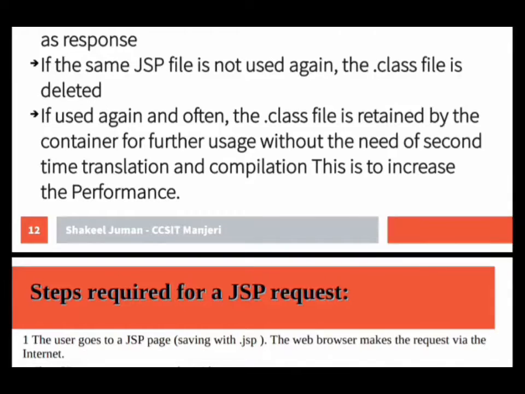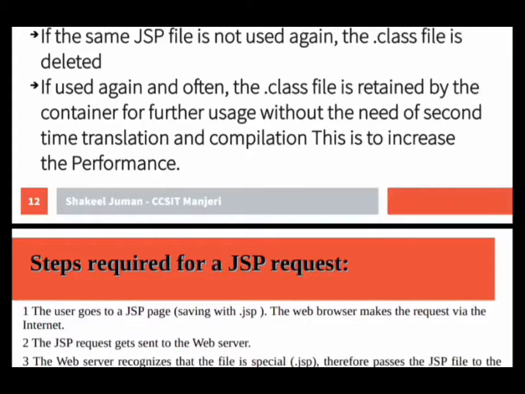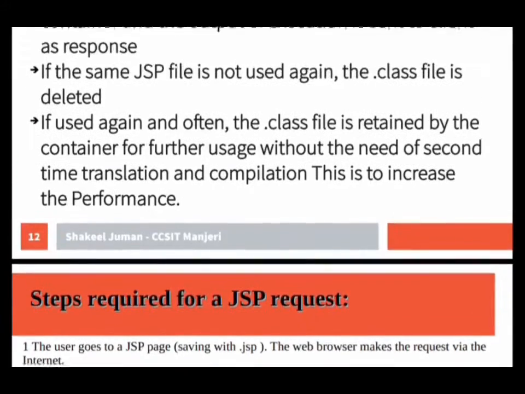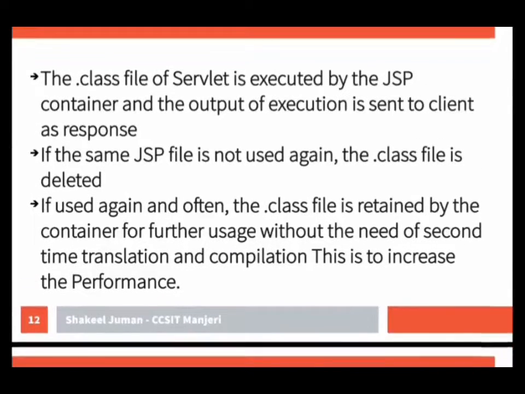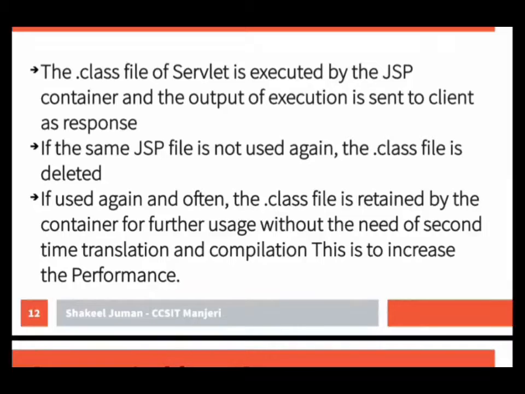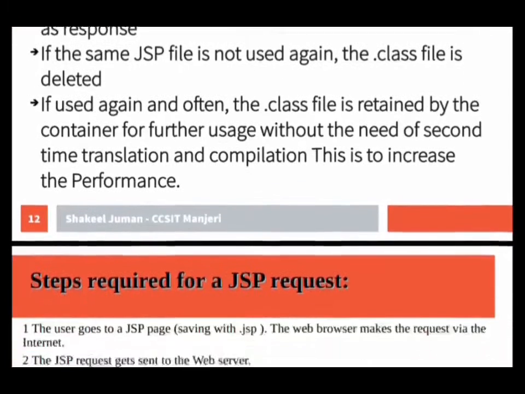And if it is used again and often, the class file is reused by the container for further usage without the need for a second translation and compilation. This is to increase performance. So this is the way of JSP execution.